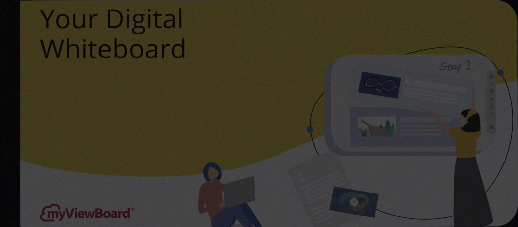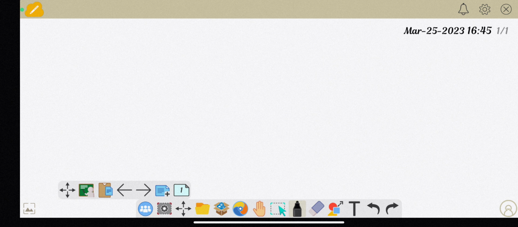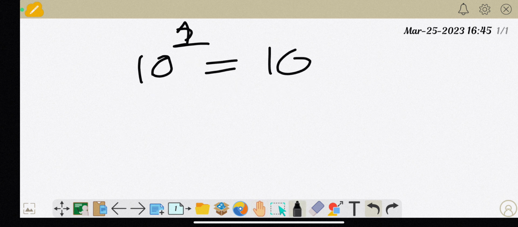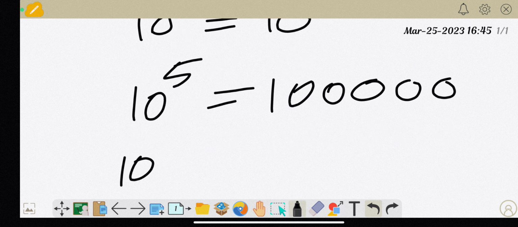It is 2.718. Correct. It's a constant number. Now let's understand what a logarithmic function is. We know exponents, correct? If we have 10 to the power 1, what is the answer? It is 10. If I have 10 to the power 5, what is the answer? After 1 there are 5 zeros. If I have a bigger number, 10 to the power 20,